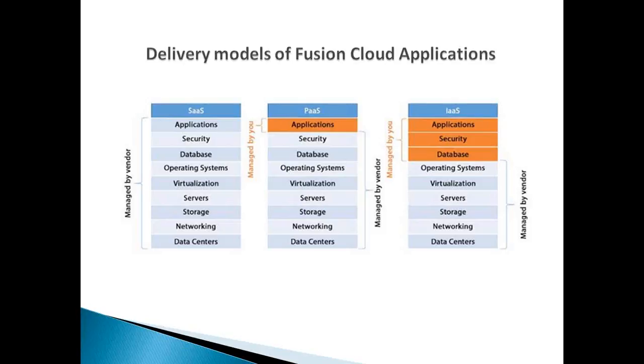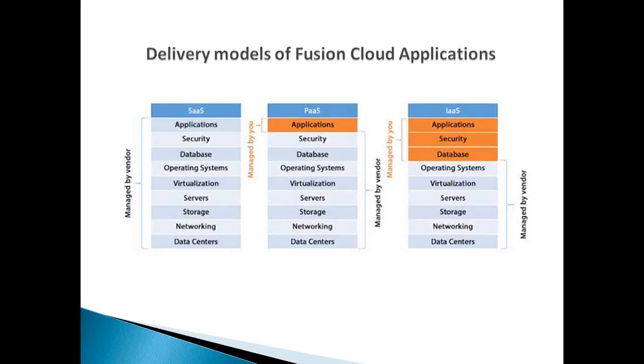One point. In case of SaaS or PaaS, Oracle is not giving the option to move to other applications to use it. In case of SaaS and PaaS, it comes with Oracle products only. IaaS comes with just an open platform where you may get Oracle applications installed, or else something like Amazon Web Services. You can take a subscription for Amazon Web Services. Any product you can install.